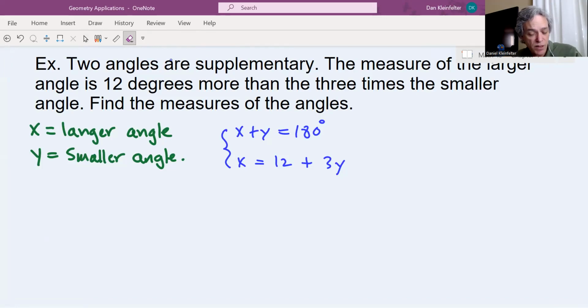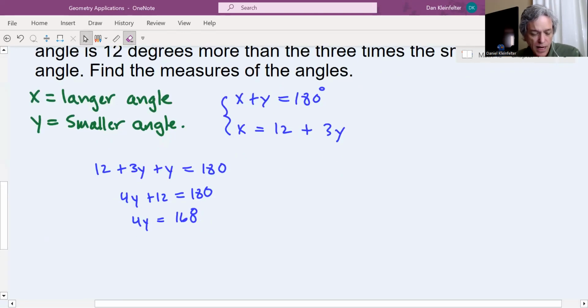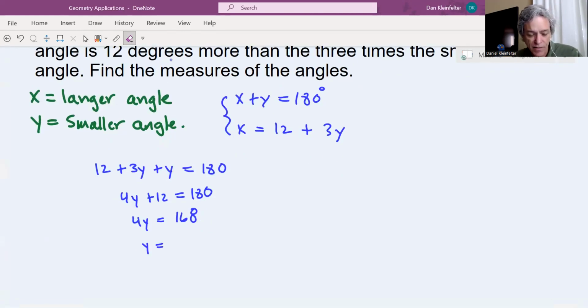This one is pretty nice for substitution. We will use substitution. x is 12 plus 3y. We'll put that into the first equation. So we'll have 12 plus 3y plus the other y is 180. Combining terms, we'll have 4y plus 12 is 180. Subtracting the 12 from both sides, we'll have 168. And then y will be 168 over 4,